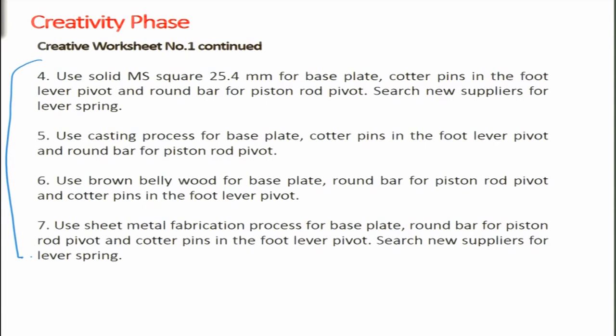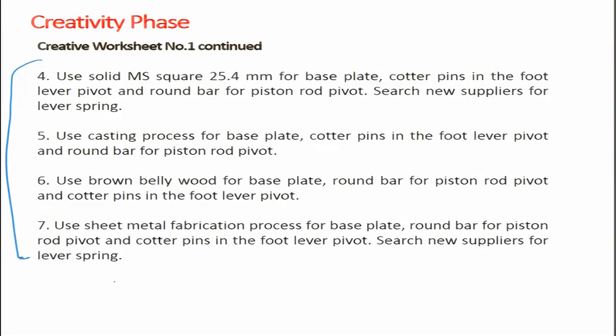However, I think in creativity worksheet 1 there were around 12 ideas. When we talk about creativity, we just forget about the facts, as I said, and we just come up with the ideas without even thinking whether it is implementable or not. But sometimes in the preliminary feasibility test, some ideas are just eliminated, just taken off. They are just kept on record. They can be taken up in future if the availability is there or it becomes possible to implement those in future. So these 7 ideas were taken to the evaluation phase.